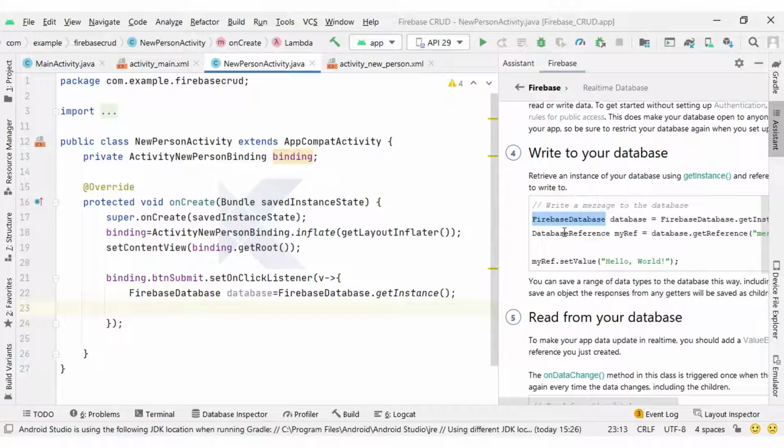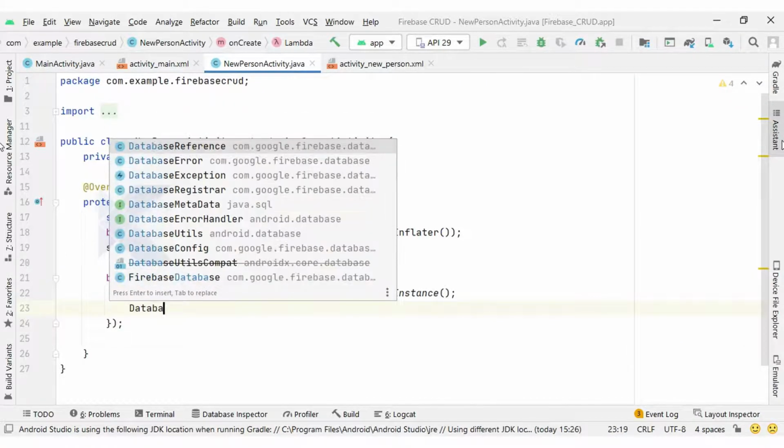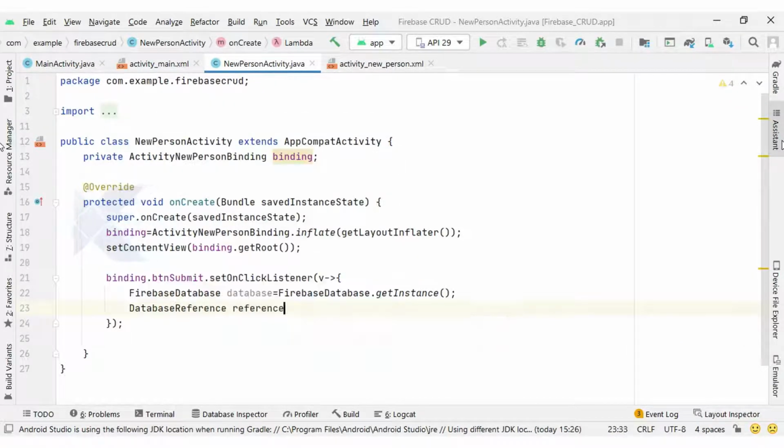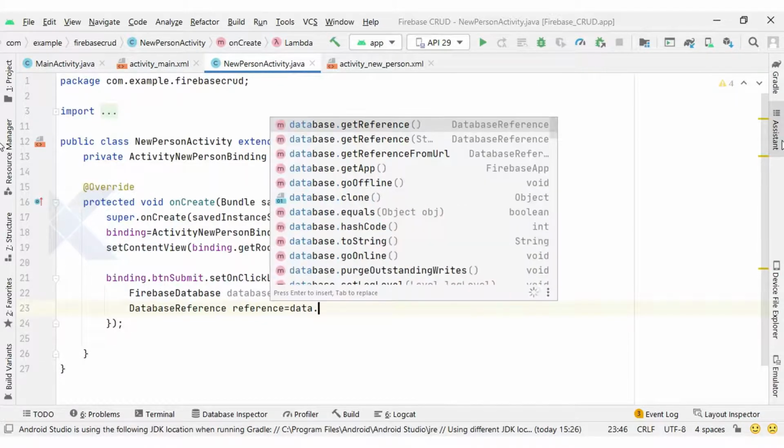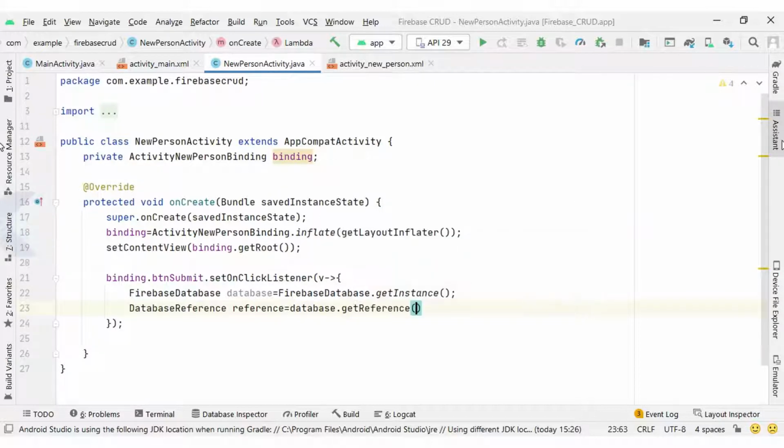Next we need a database reference, which will represent the path where you want to write your data. So I'm going to create a DatabaseReference equal to database.getReference, and you can see the getReference method is available with a string argument which represents the path, meaning where you want to write your data.